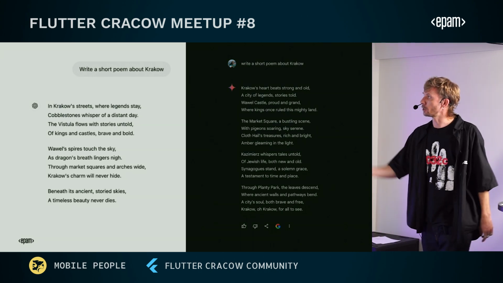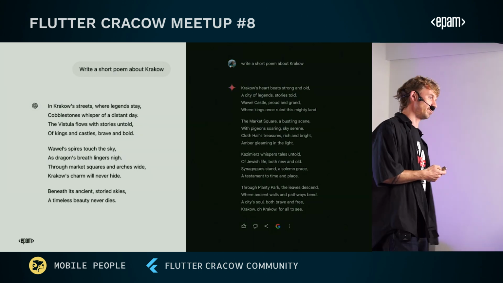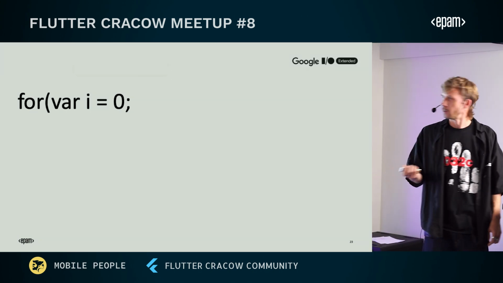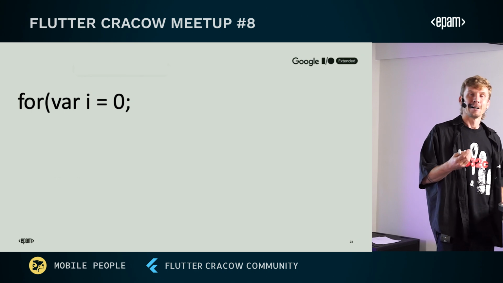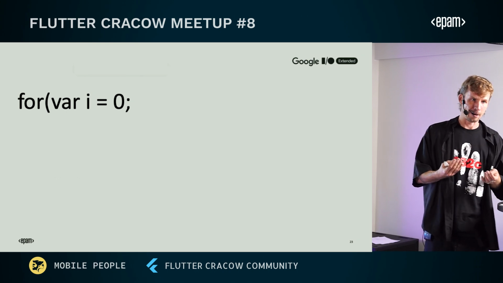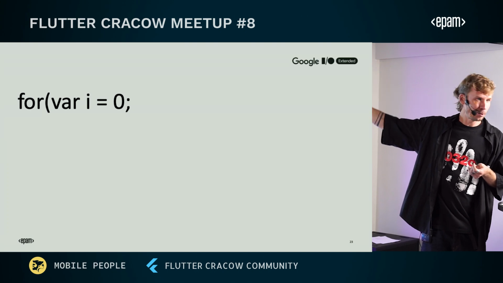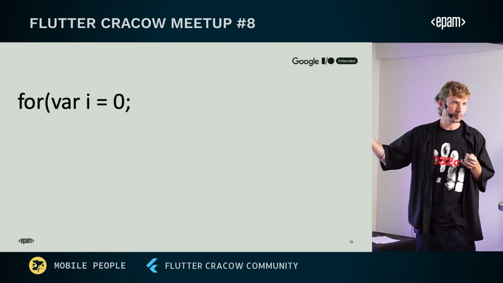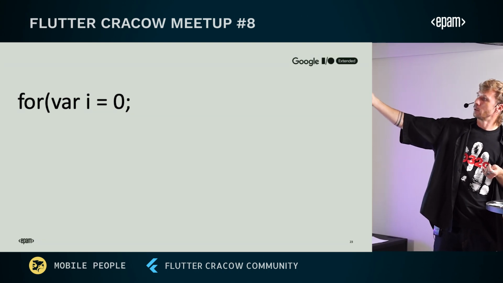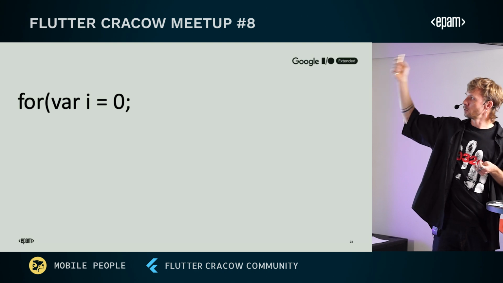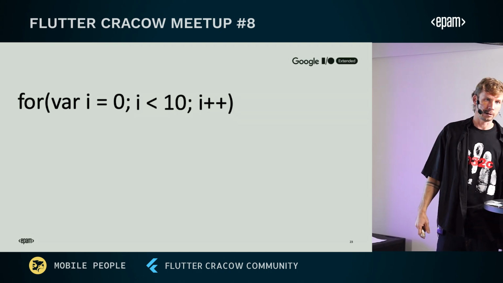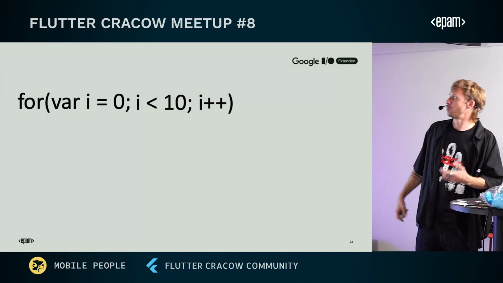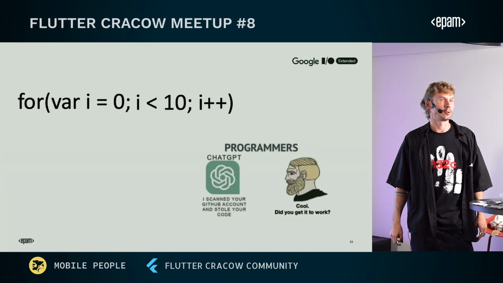And if you can train a generative AI model on poetry, you can also train it on code. Code is also text, and the next symbols are also just a probability, because models don't really understand what code is. So if you type for i = 0, the next will be i < 10. I have no idea why 10, but it is. Probably a lot of people upload code in such amounts.